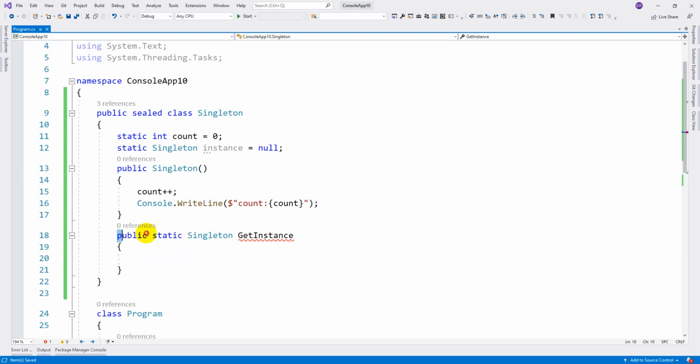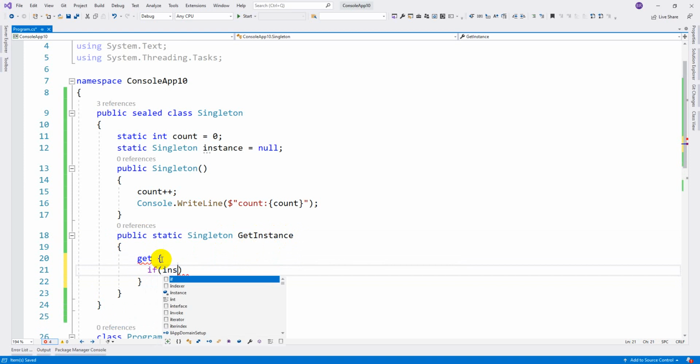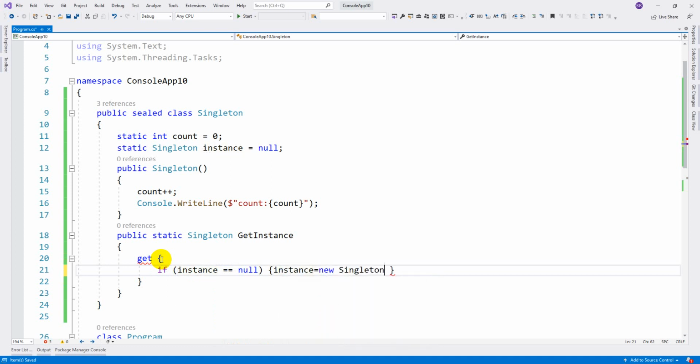So this is a property, this is not a function, guys. Here let's take some getter and setter properties. Only get I am going to use, put is not required, get and set is not required. Here I am going to write logic: if instance equal to null, that means if there is no instance, then instance equal to new instance.